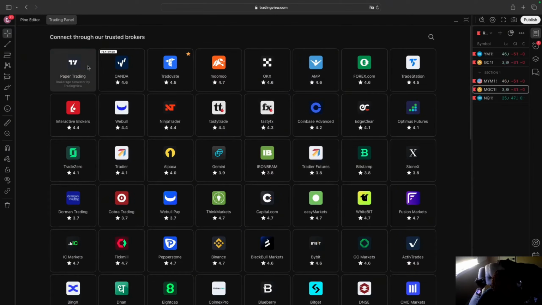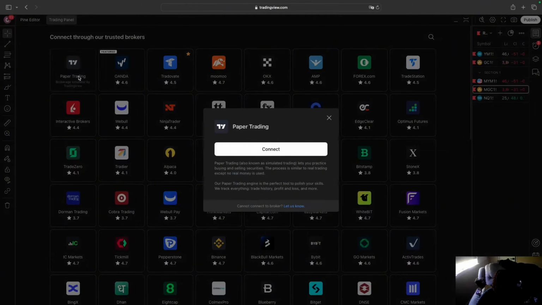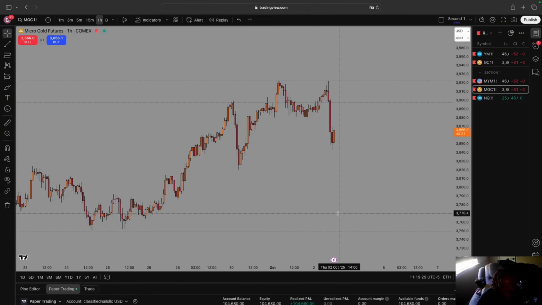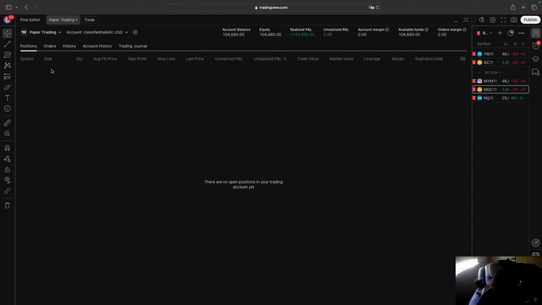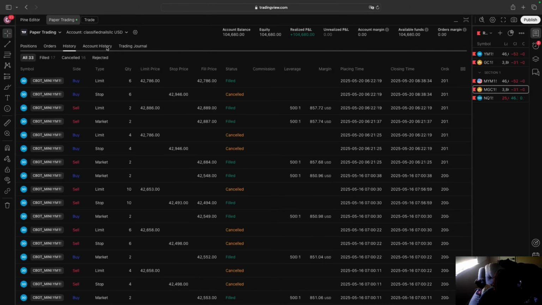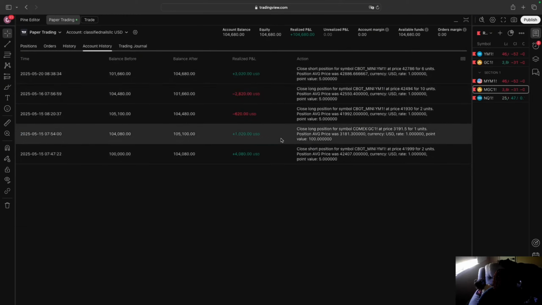You also have paper trading. If you click on paper trading, I'm going to click connect. Boom, look at that. Now I am able to basically demo trade right from TradingView. You'll have all of this stuff here, your orders, your history, your account history, things like that. You can see that